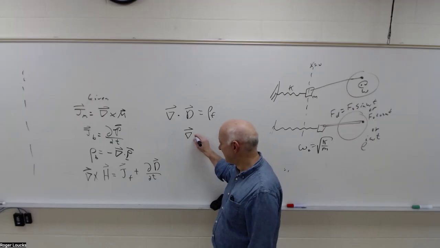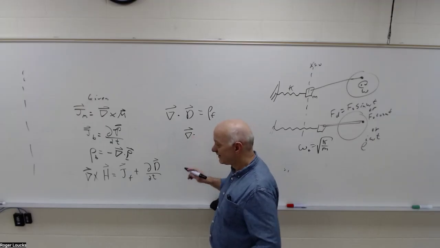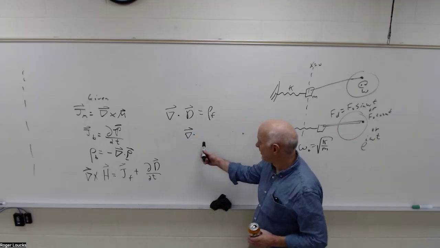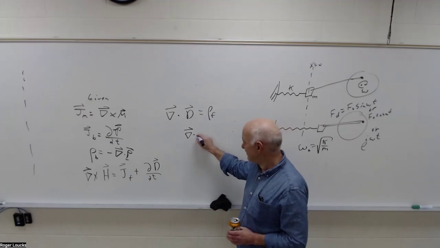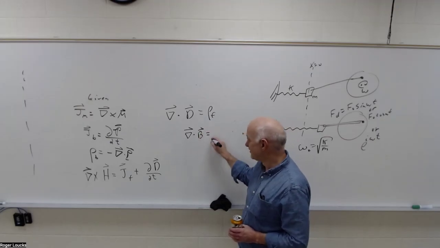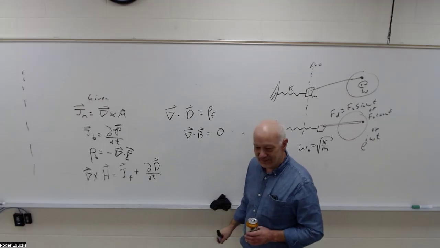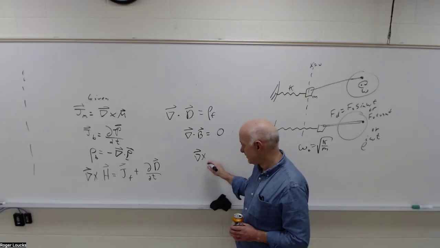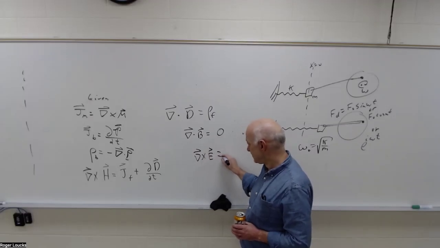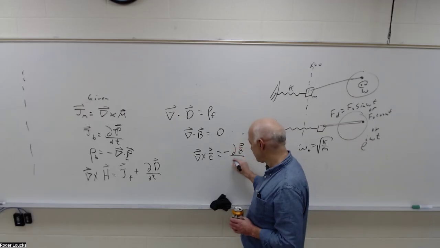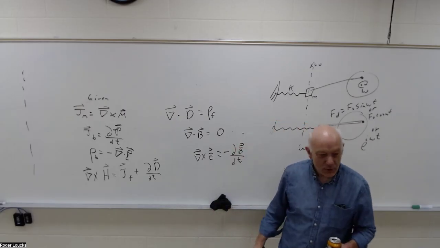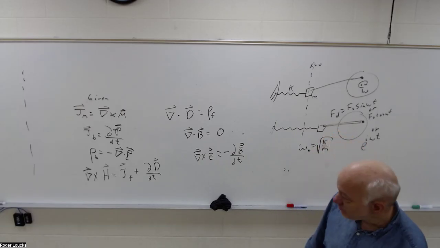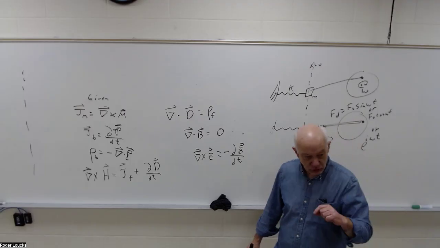The divergence of B equals 0, and the curl of E equals minus partial of B with respect to t. That'll be part B. Part C will be linear isotropic, which means that you're going to generalize for a linear homogeneous isotropic